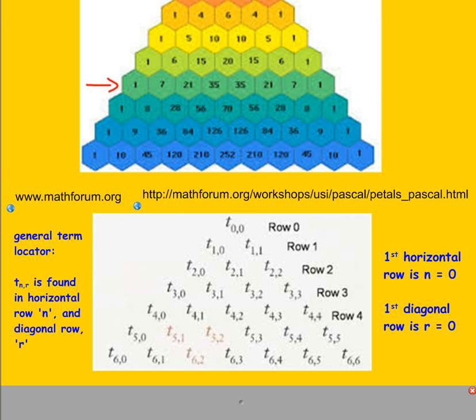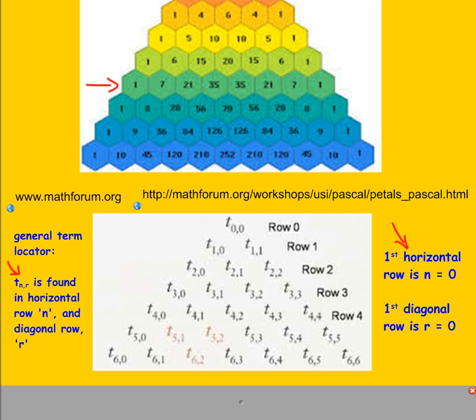And this general term locator is described using a specific notation which has 2 labels or 2 property numbers associated with it, and they're separated by a comma. The first property number is the location of the horizontal row, n. The second number after the comma is the diagonal row, r. Now take note over here, all right? So how do these horizontal and diagonal rows